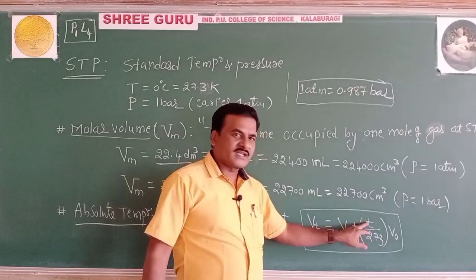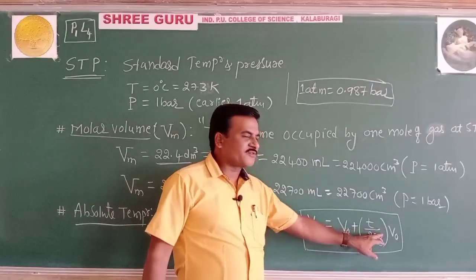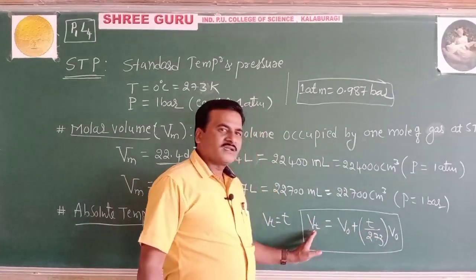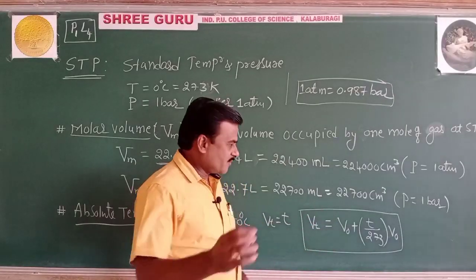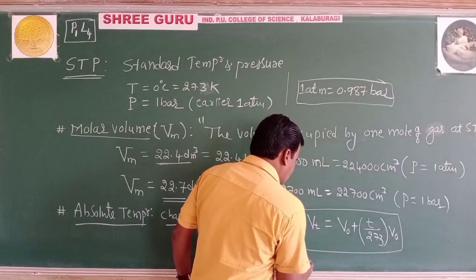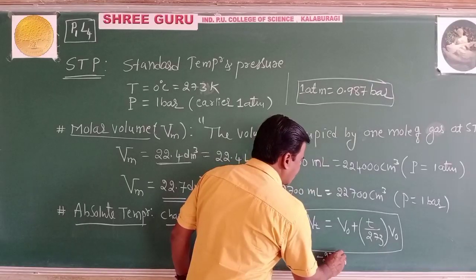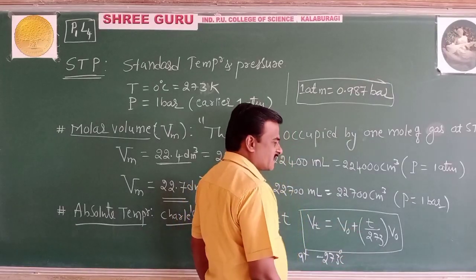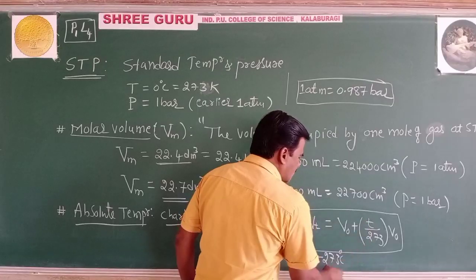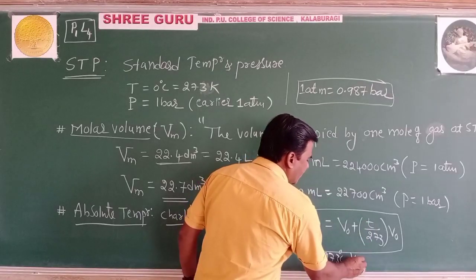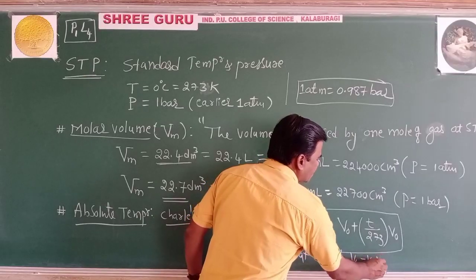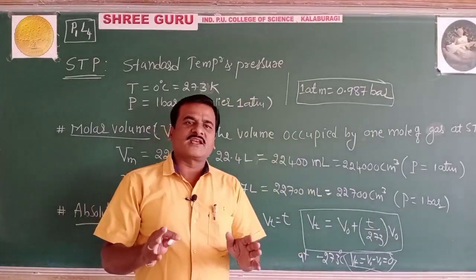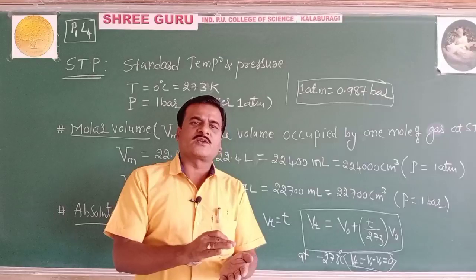Suppose the temperature is minus 273. Imagine, if T is minus 273, what happens? V0 minus V0. This becomes a minus unit, V0 minus V0, then the volume is going to become 0. But remember, at minus 273 degrees Celsius, the Vt is assumed to be V0 minus V0, which equals 0. But actually the volume cannot become 0.